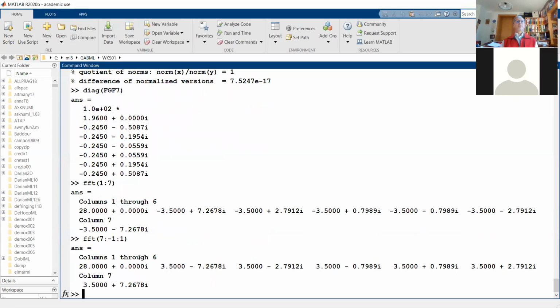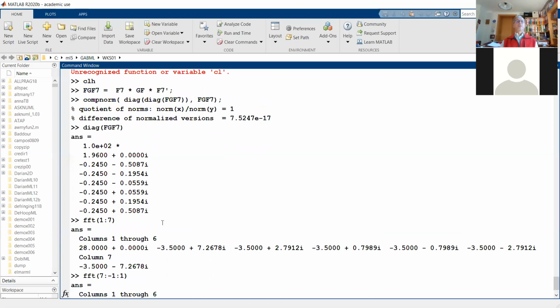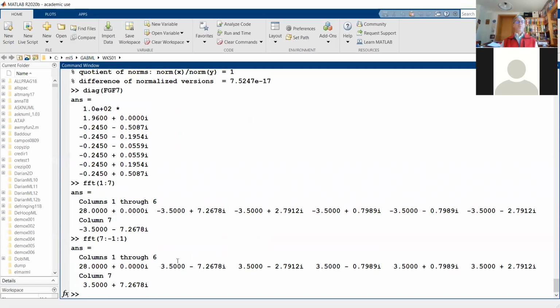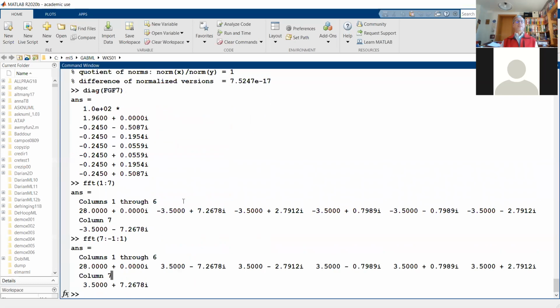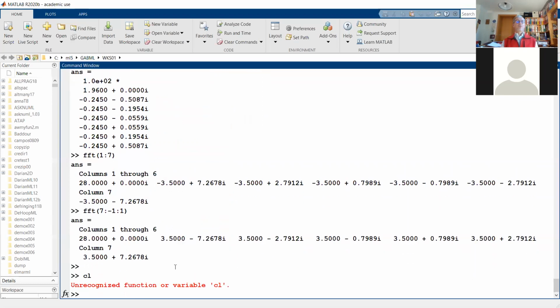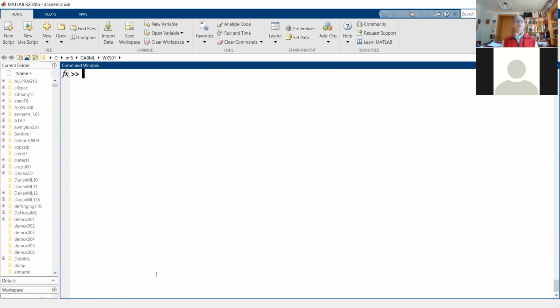I have to check, probably some normalization. Essentially what I was expecting, and I have to correct it, I would expect that done correctly, I would get